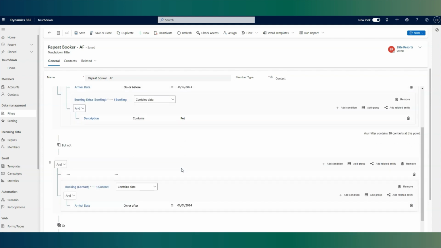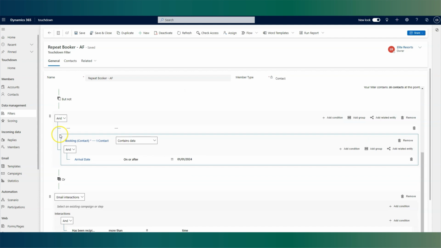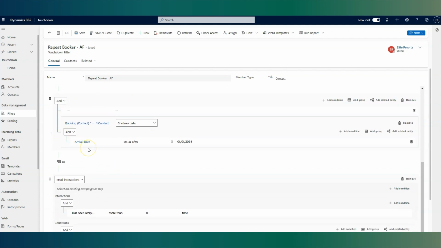But I also have the ability to exclude filters within the same filter. What that means is that, as an example, I want to target this campaign for everybody who's booked with us before, that has booked more than once, but they have not booked for the current year. By using this set of attributes here and selecting the but not, it allows me to do the same filter but the other way round, where I can now say the arrival